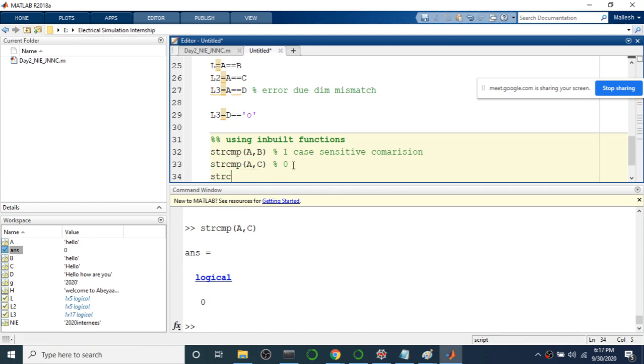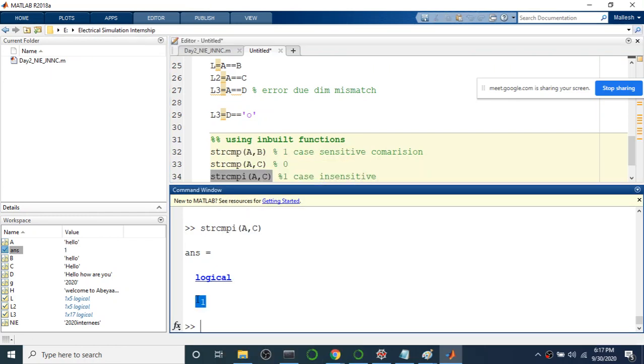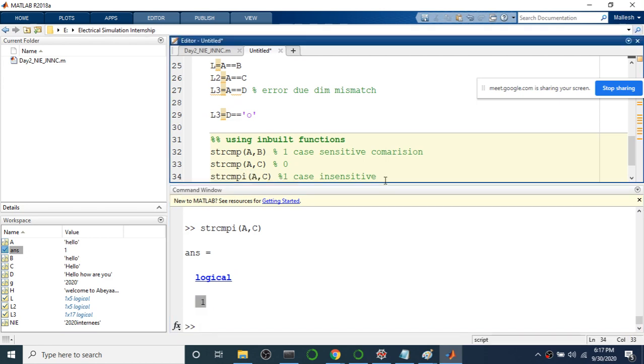Now I'll do the same string comparison A with C. This time I'll get the result as 1. What I'll change is I'll change the function to string compare I, strcmpi. It indicates case insensitive. String compare I indicates case insensitive. So I'm getting the output as 1.